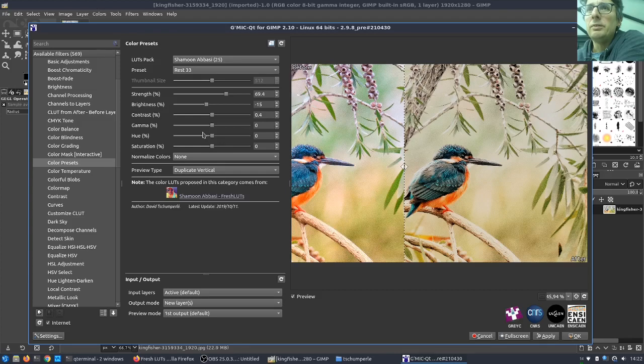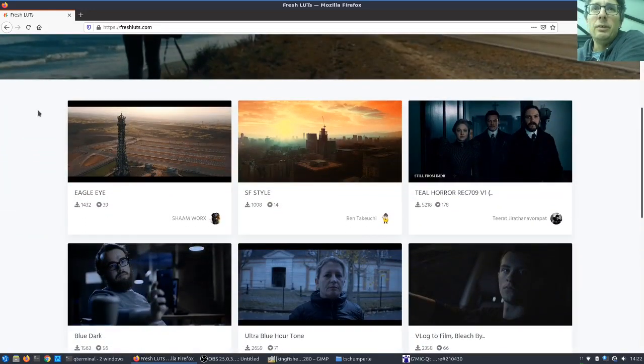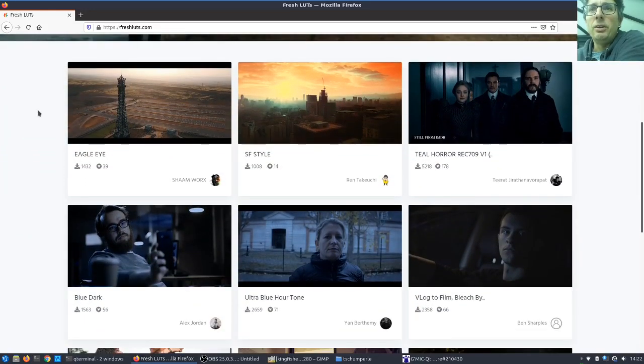One word about the CLUTs. There is a very, very nice website that is named freshluts.com, which proposes a lot of different CLUTs for downloading under a Creative Commons license.